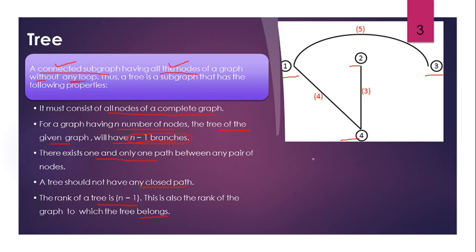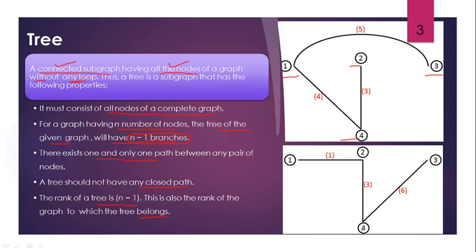You may have various numbers of trees. You can draw any number of trees. Just note that you have to connect all the nodes without a loop. So is this another type of tree, or another way to draw this tree? Node 1 to node 2, node 2 to node 4, node 4 to node 3. We can say this is a connected graph. Is any loop possible? There is no loop. So that's why it is a tree. All the nodes are covered and connected without a loop. So that's why we can say this is a tree.